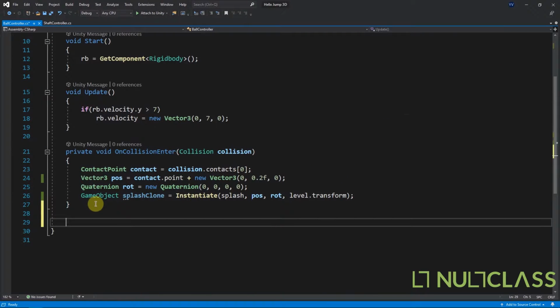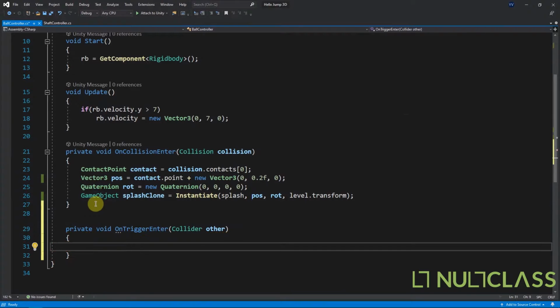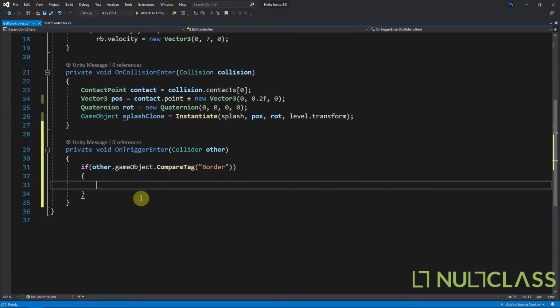We already have on collision enter, so now we'll make on trigger enter. So now in our trigger enter, we are going to put if other dot game object dot compare tag, and we have just given the tag enemy. So sorry, the tag is border, and then